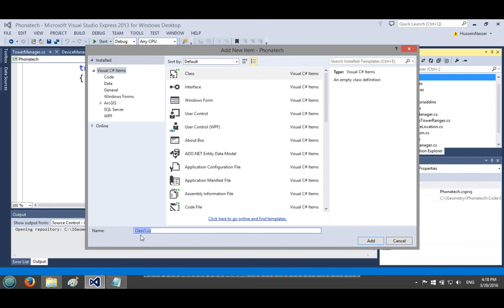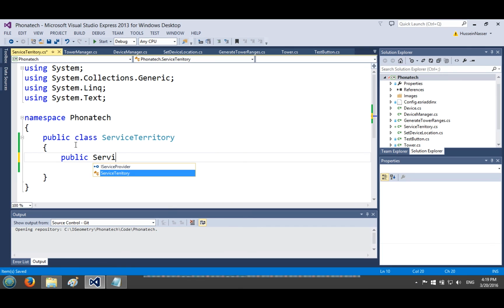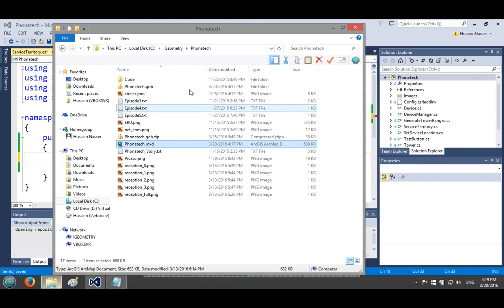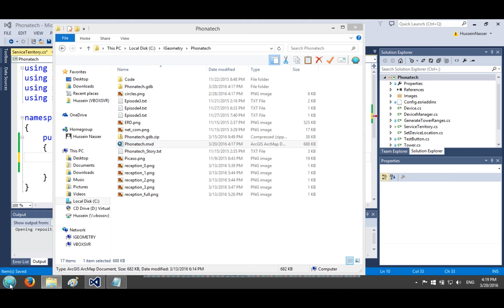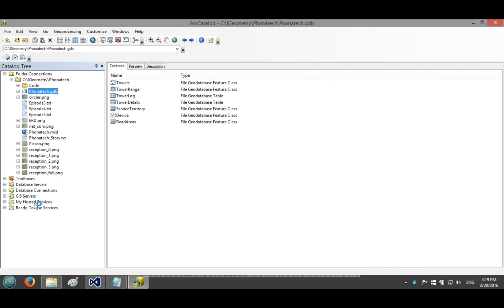I'm going to move some code from here. Service territory, right? So that's the service territory class. It'll be public. And to initiate the service territory class, you need to pass it the actual feature, or the service territory ID, or the name, which we don't have. So let's do that. I need to add a name to my service territory, because this will be useful in the coming episodes. Because I want to have multiple service territories, and each service territory will have